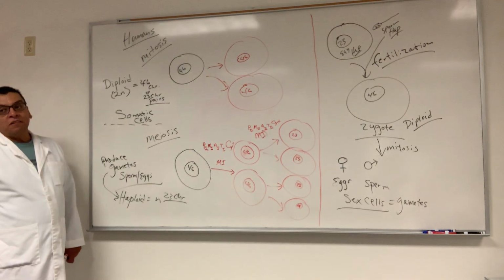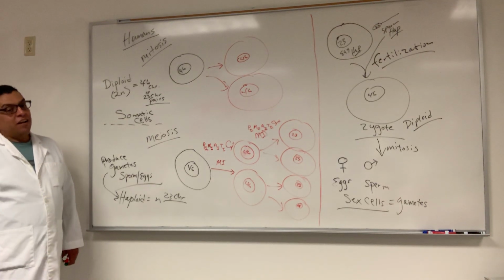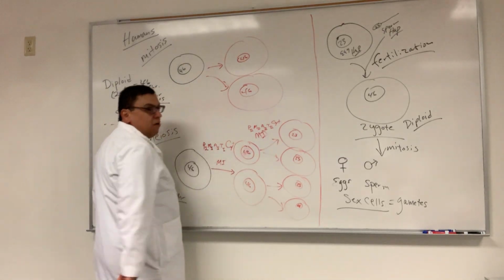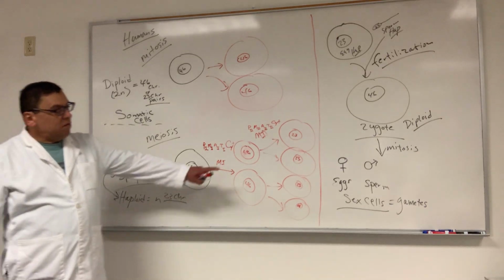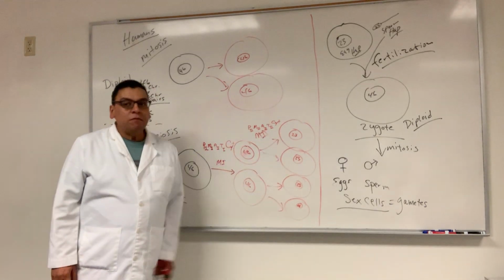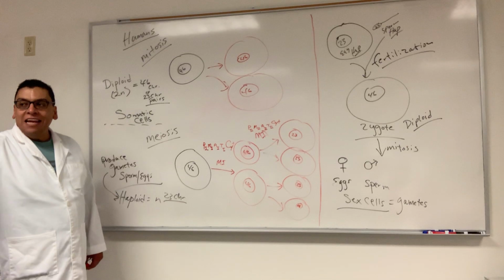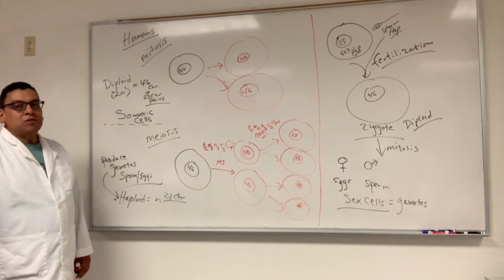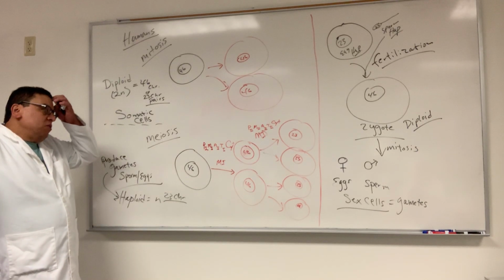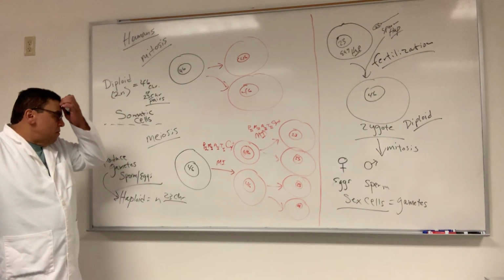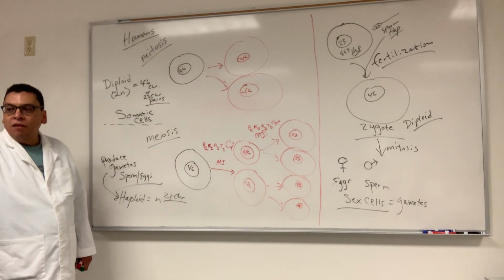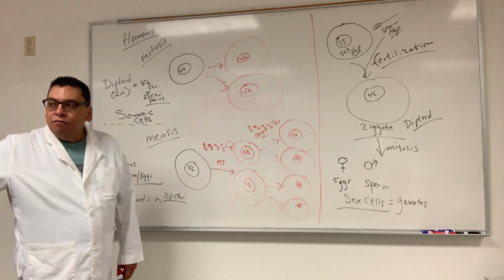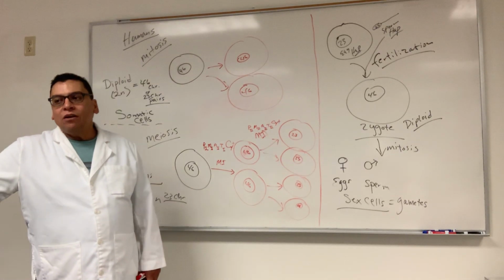Here's the interesting thing that you can't see, and this is what we're about to talk about. They're also different from each other. Each one of these will also be different from each other. Can't see that yet, but you will. That's the goal of meiosis. The goal of meiosis is, number 1, drop the chromosome number by half. Number 2, genetic variation.